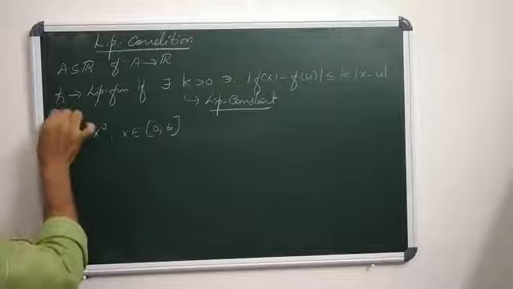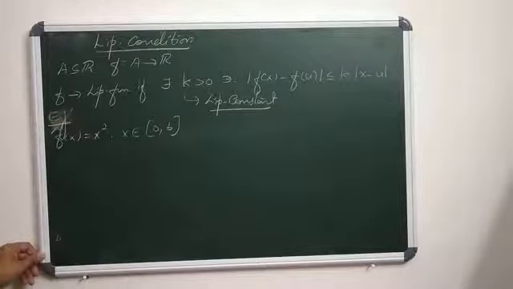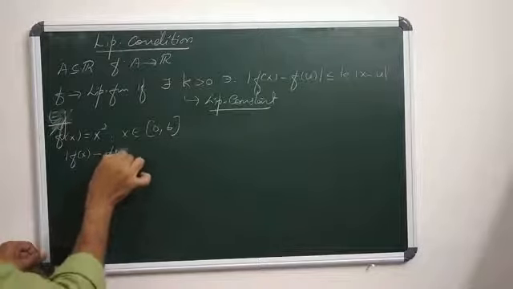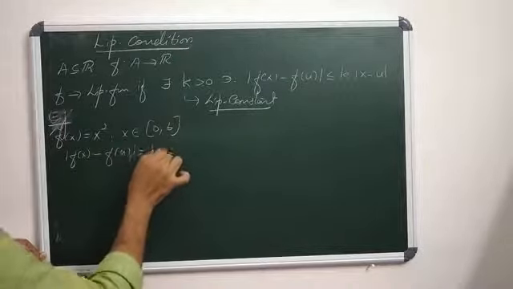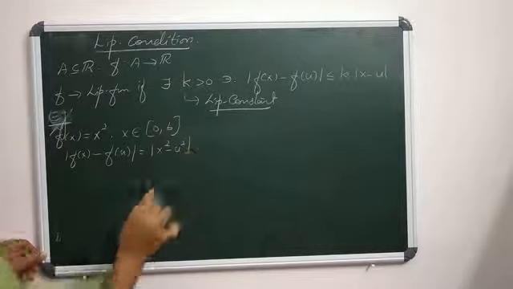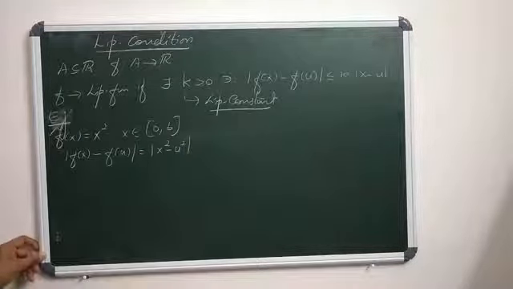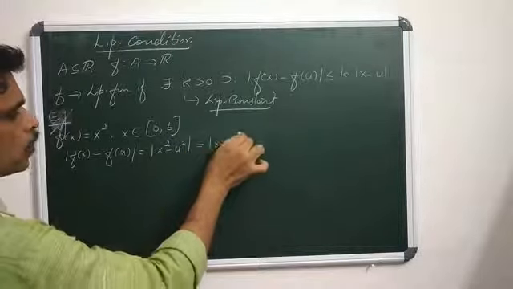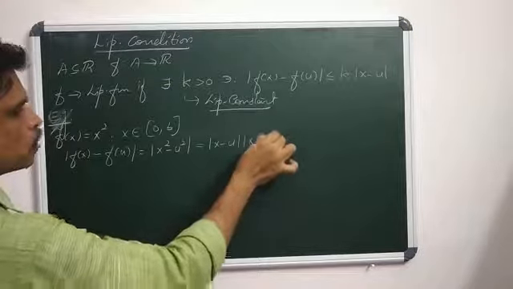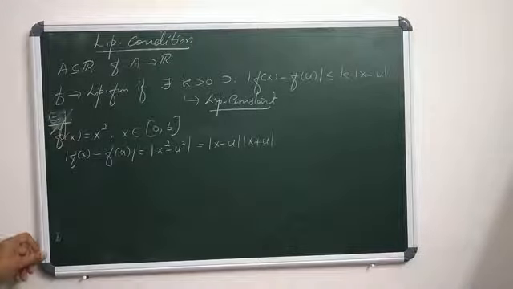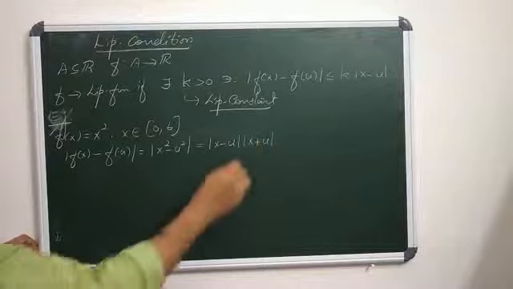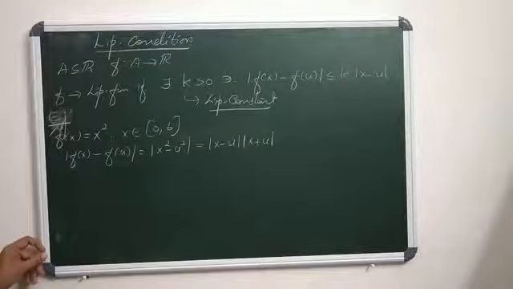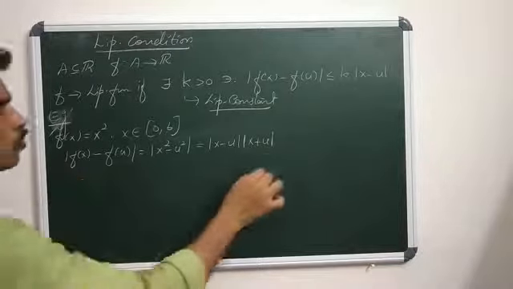For this example, f of x equals x squared. So what about the modulus of f of x minus f of u, which equals the modulus of x squared minus u squared? Clear? The modulus of x squared minus u squared equals the modulus of x minus u times the modulus of x plus u. But we know the modulus of x plus u